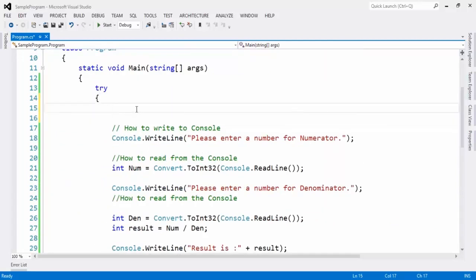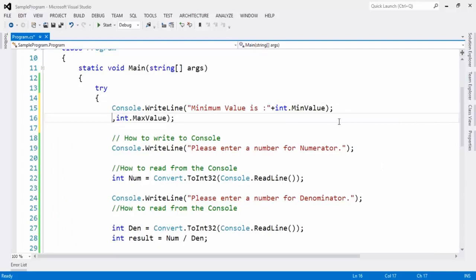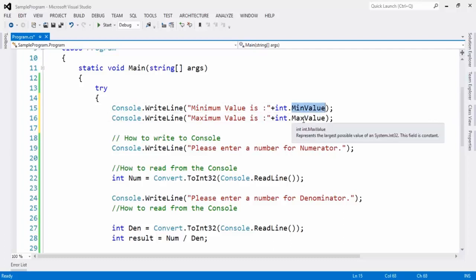So before printing this, I'll take this and then minimum value is, here, the maximum value is this one. So your value should be within this range, between the minimum value and the maximum value.